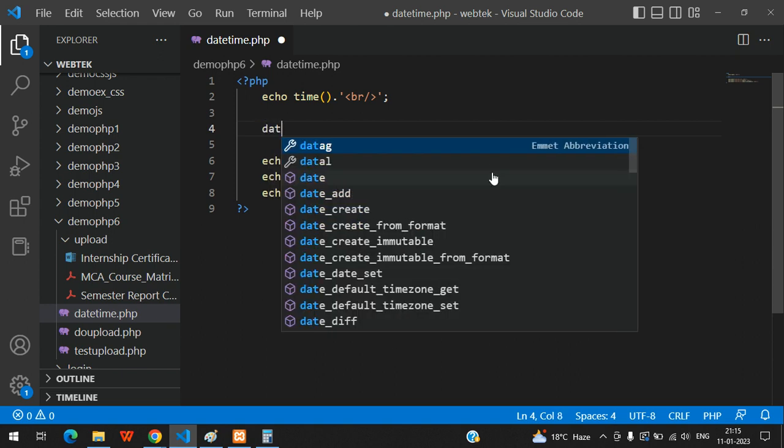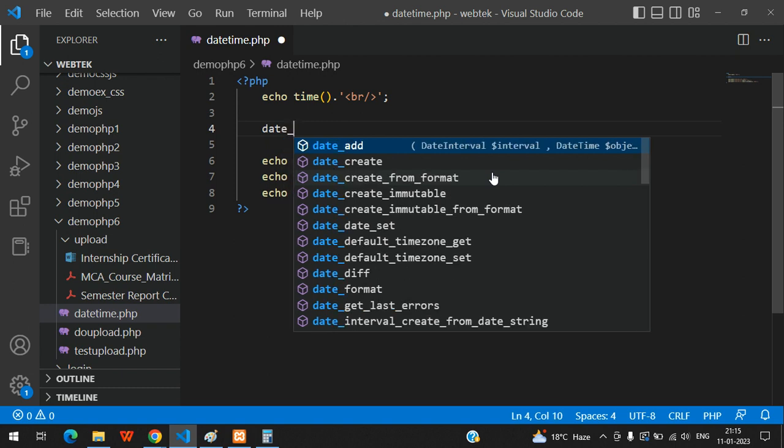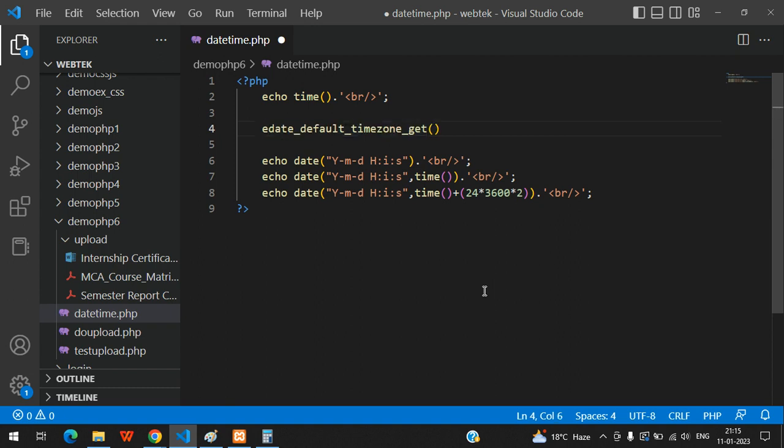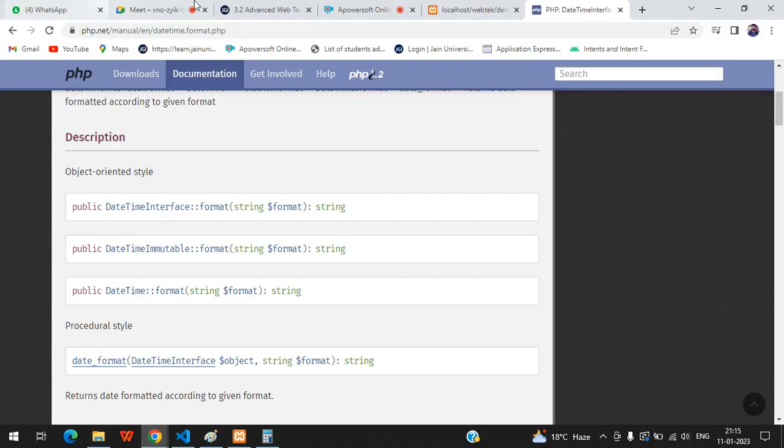See here, there are two functions, get and set. If you apply get, you will get the current time zone format. If you want to see in which format our PHP is currently, just echo this one. Okay, I'm just checking. See here,